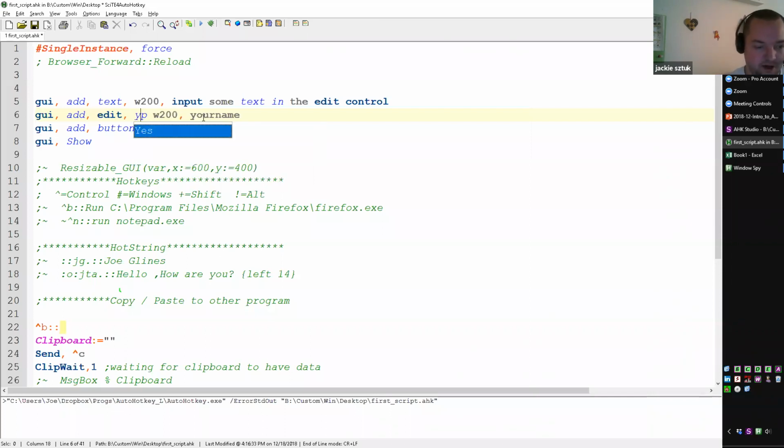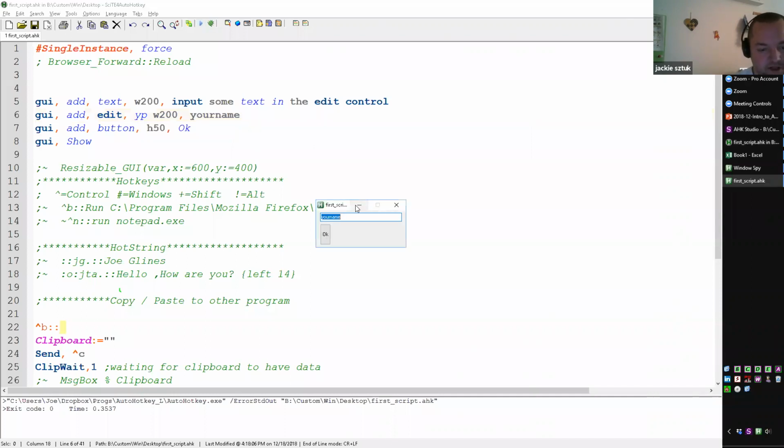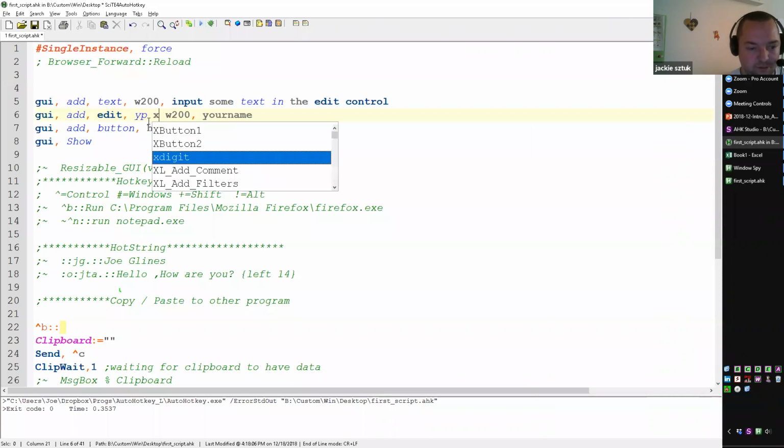If I instead did it on the y-axis, this would now put it on the same spot as the previous control's y-axis. So if I go in here, save, and run it, did it actually take that? As you can see here, now you only see the edit because it's at the exact same spot as the previous control. So because I actually didn't tell it where to put it on the x-axis, I could say here